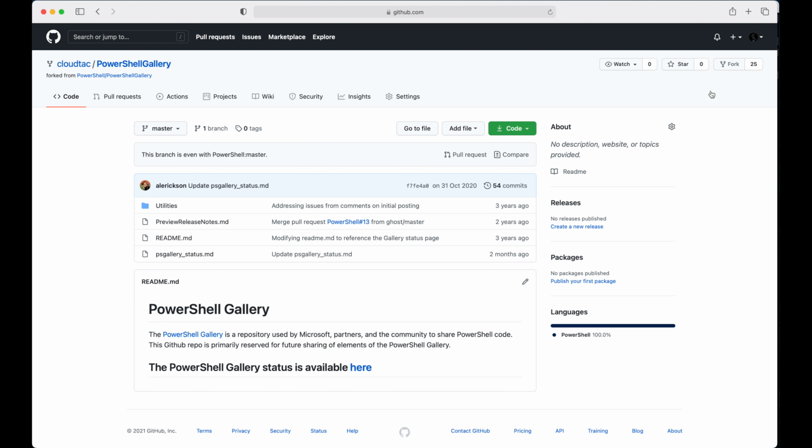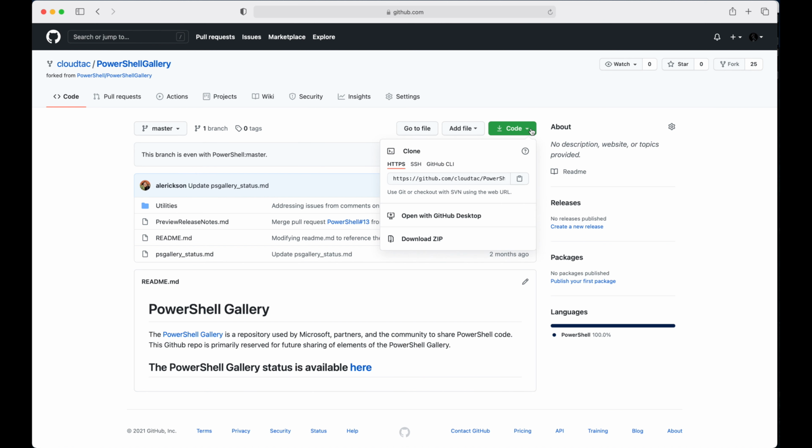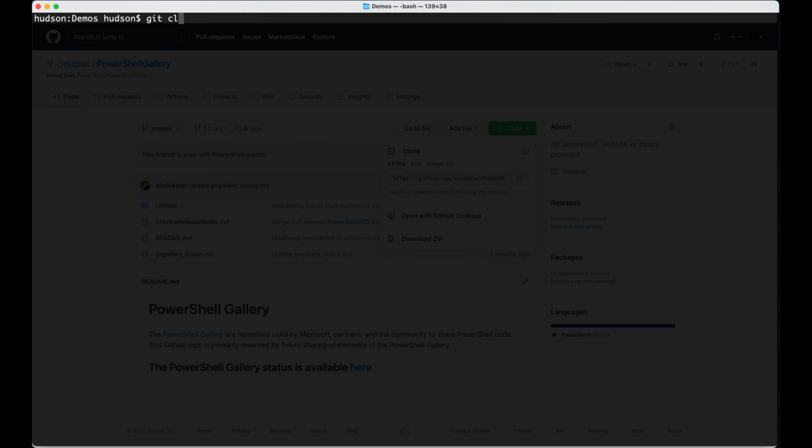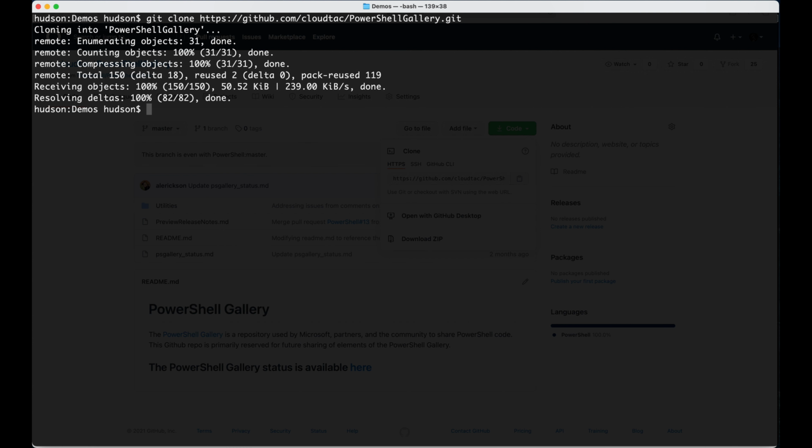The first step, therefore, is to fork the project into my CloudTag GitHub account. To do this, I'll go to Code, the drop-down menu, and I'll copy the HTTPS link. Once I'm done, I'll do a git clone of that repository into my local computer. I can verify that I've cloned the repository, and this is the PowerShell gallery. I'm going to change directory into that gallery